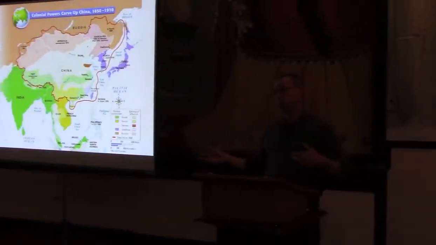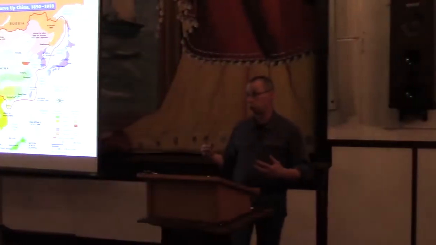In 1905, Japan and Russia go to war, essentially over control of Manchuria, and for the first time, an Asian country defeats a European country in a major modern war. Russia is defeated by Japan. So there is increasing pressure in China, and competition between the various